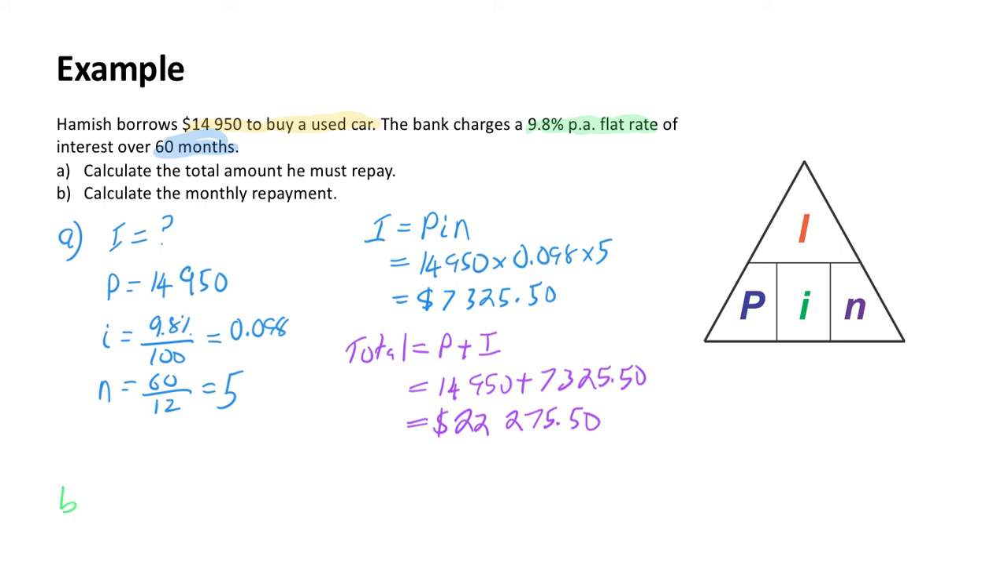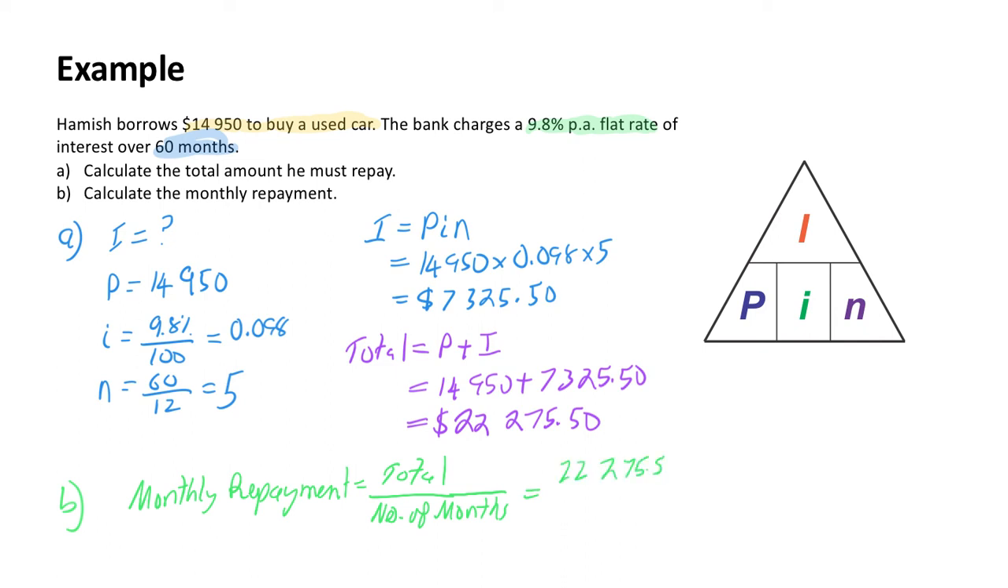So to answer part B, when it's asking us for the monthly repayment, we know the total that he has to repay, and he's going to be repaying that over 60 months, because that's the time period that we're given in the question. So to calculate the monthly repayment, it is going to be the total divided by the number of months. So that is going to be $22,275.50, and we're going to divide that by 60, which is going to calculate to be